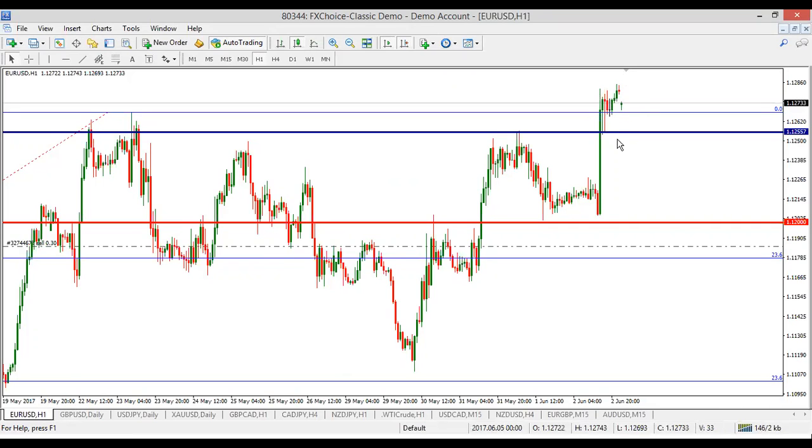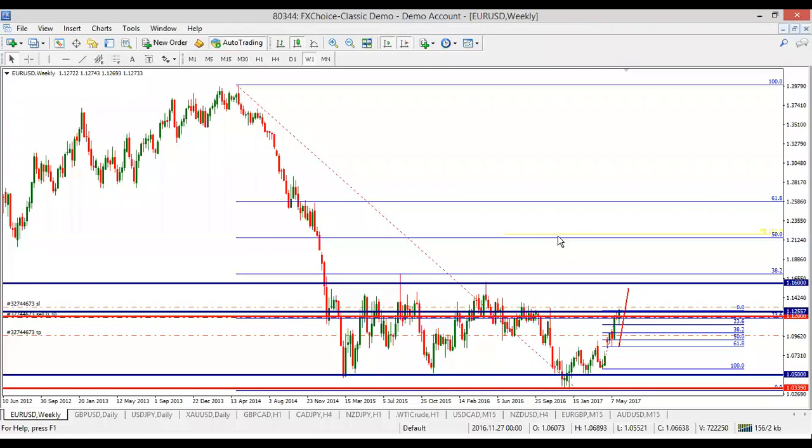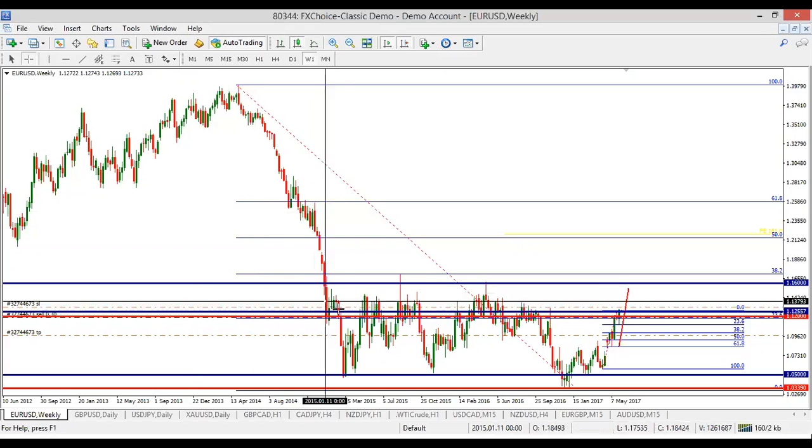So this is what was happening throughout the period of this gap, and we want to see if we can break our resistance level from monthly resistance level. We still expect price to break weekly 1.13 for now. 1.1350 for now, or 1.13.